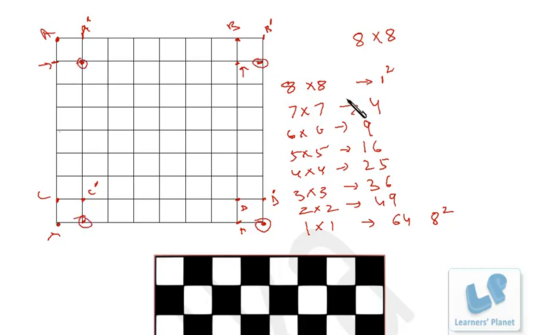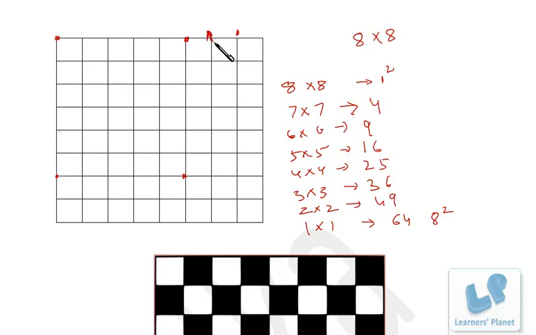So this is how we are getting 4 squares of size 7 by 7, right? Similarly, we can find out for 6 by 6. The first will start from here, then this, then 1, 2, 3, 4, 5, 6 and this, right? So this is the first and here the second will end, here the third will end. I'm sorry, 1, 2, 3, 4, 5.